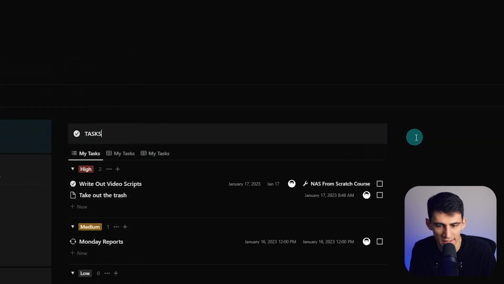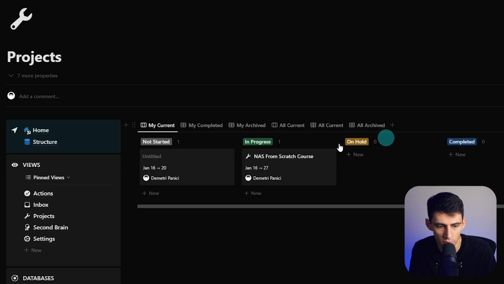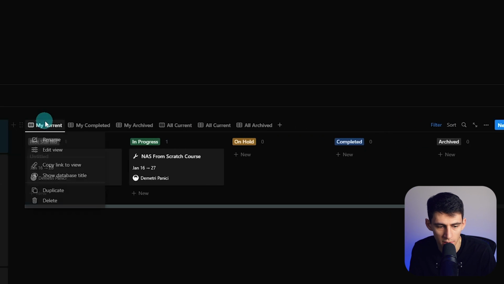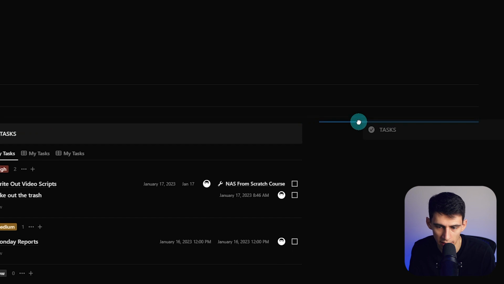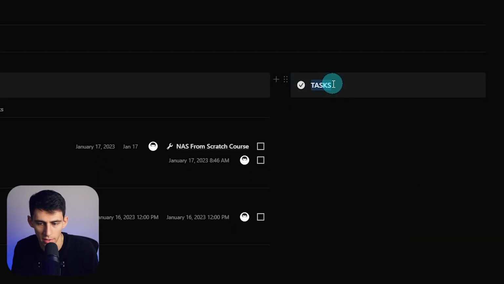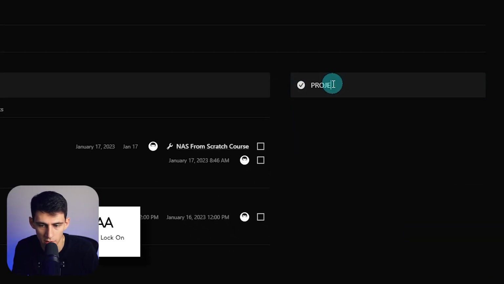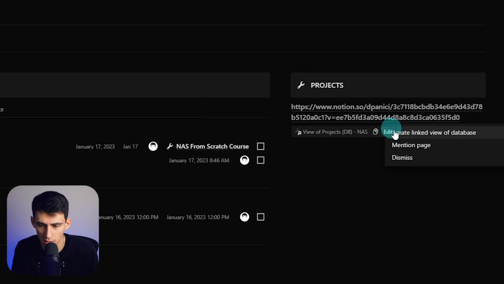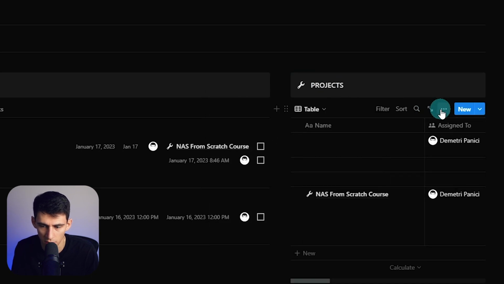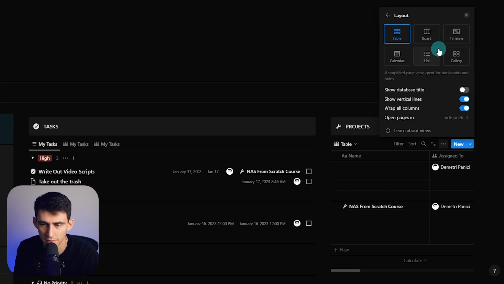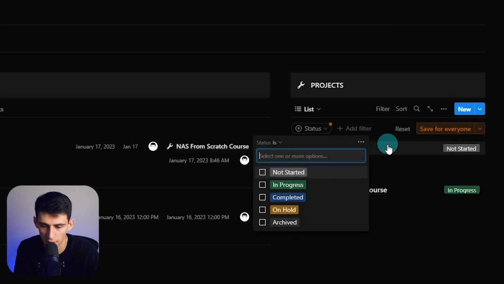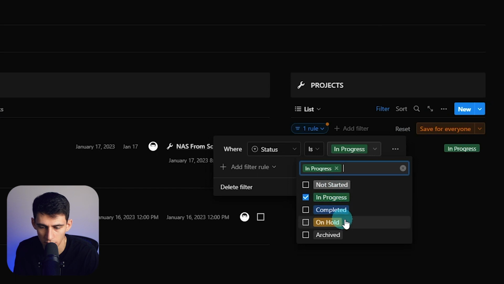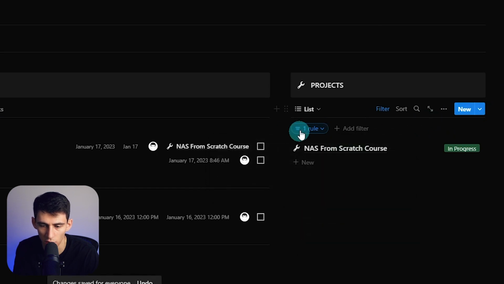and check off this with the task right here, go gray. And then I'm gonna go here to this projects, and I'm gonna copy the link to this, Alt, left click, drag to make a new call out block here. Call this projects. Put a little wrench action in here, paste this out. I'm gonna change the way this looks a lot. So I'm gonna change this to a list view where it is filtered to the status of it is in progress,